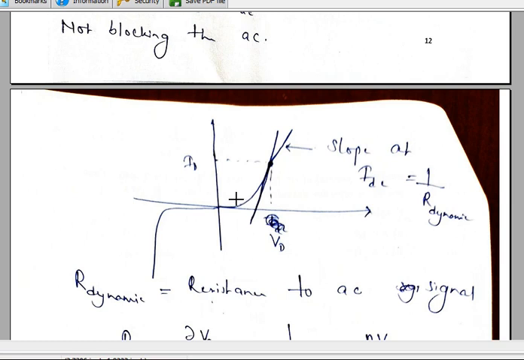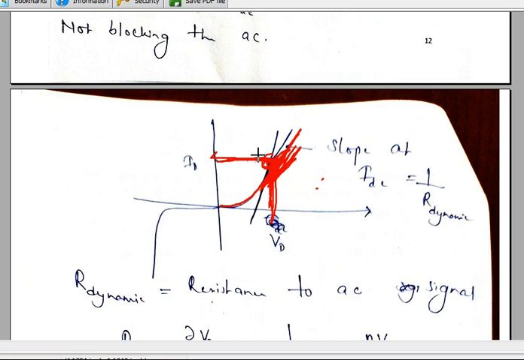Let's understand from this one. This is your actual curve. Let's say at this point you are operating, and at this point the DC current is flowing. Now you are changing the current a little bit up and down, so we can calculate the slope at this point. You will get some slope, and taking the inverse of that slope gives you one resistance. That resistance is the resistance offered to the small signal AC